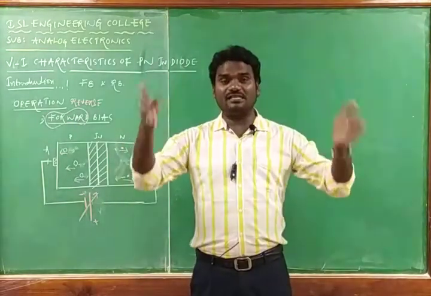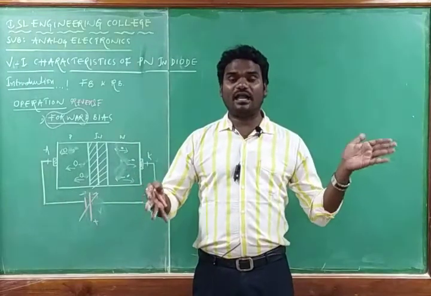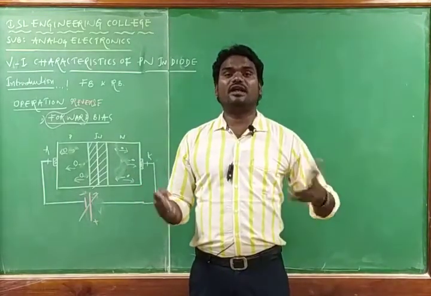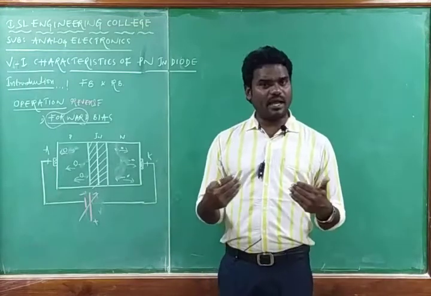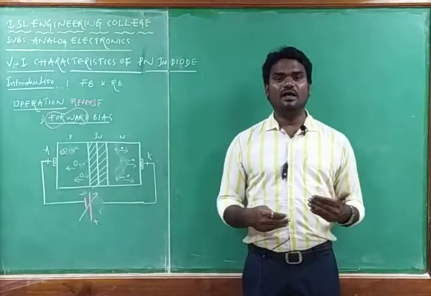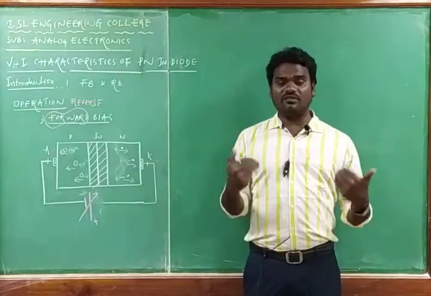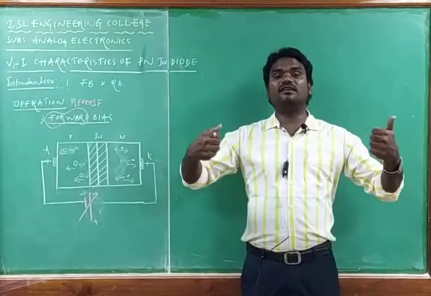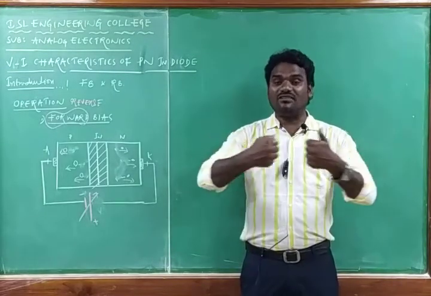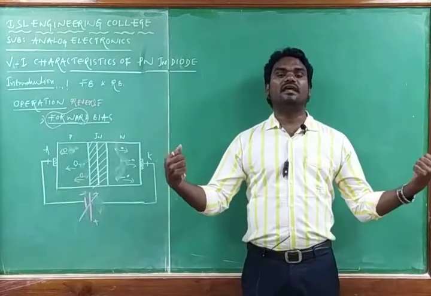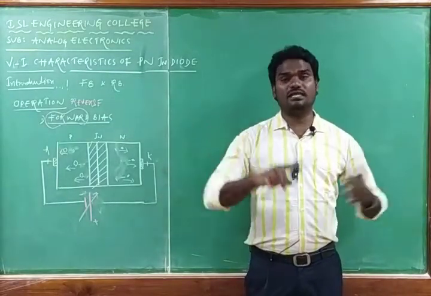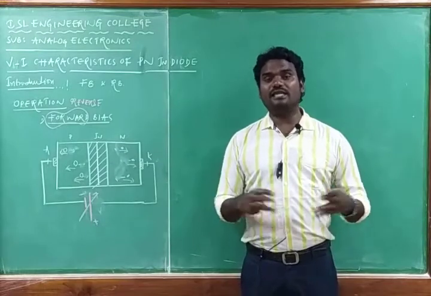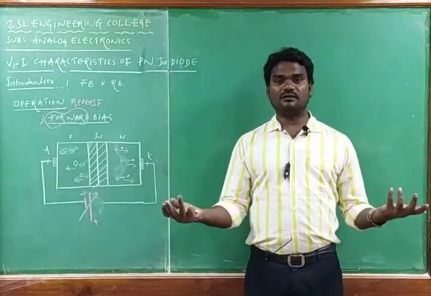As long as there is a depletion across the junction in the PN junction diode, there is no current, we know that. Depletion is acting as a barrier for the current conduction. By applying the reverse bias, we are increasing the width of the depletion layer. If the width of the depletion layer is increased, there is no scope for the charge carriers to move from one material to another material. In such cases, there is no current.